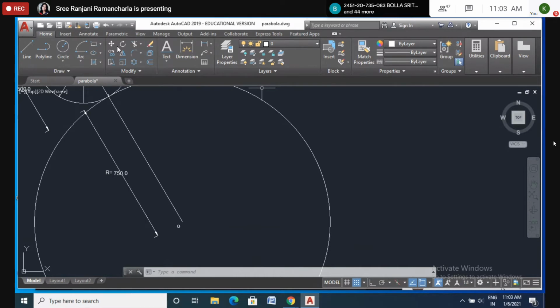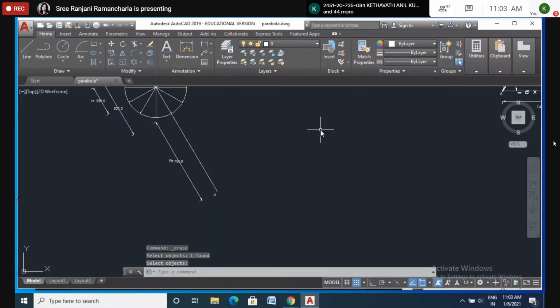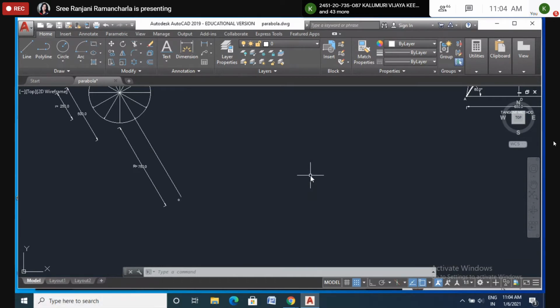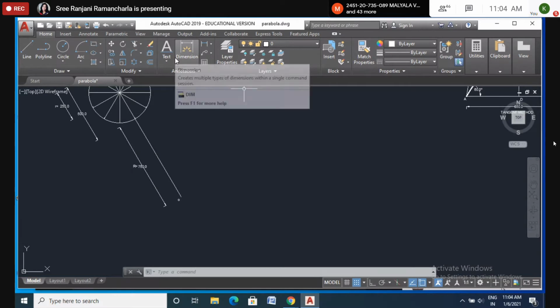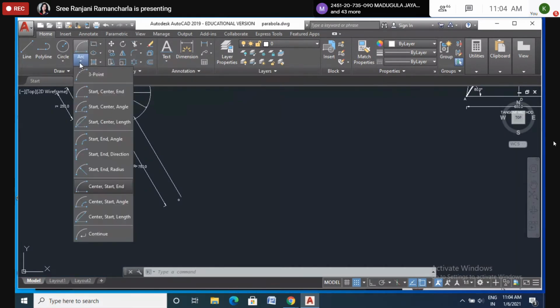So I will remove this one. Don't get confused. I will remove this circle. Now I will draw the 120 degrees here. For me, it is very tough to draw in a clockwise direction. Of course, it is in the clockwise direction, but the curve will not draw in the clockwise direction. This will draw in anti-clockwise direction. So first I will draw in the anti-clockwise direction, then I will deduct the curve.